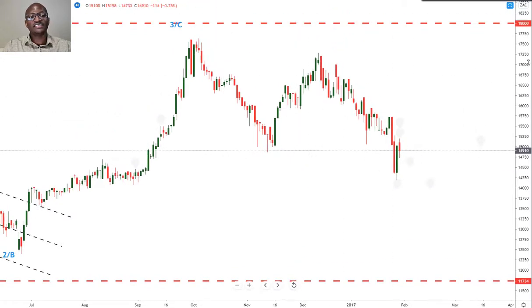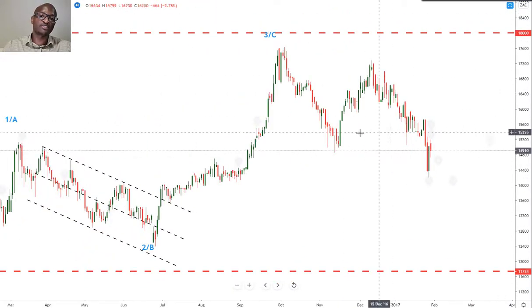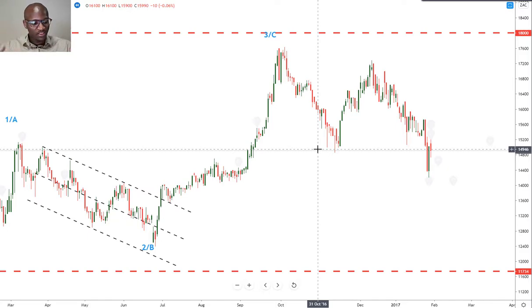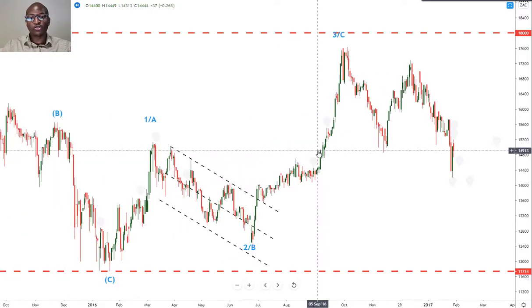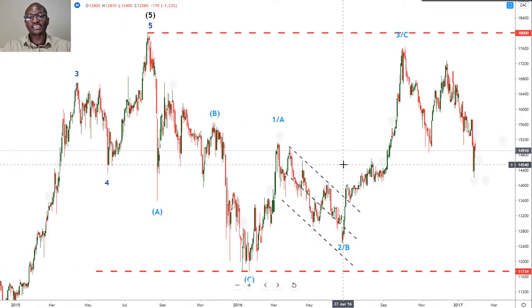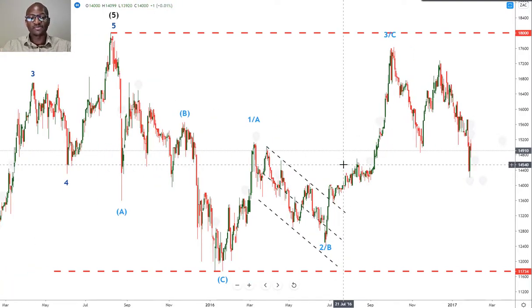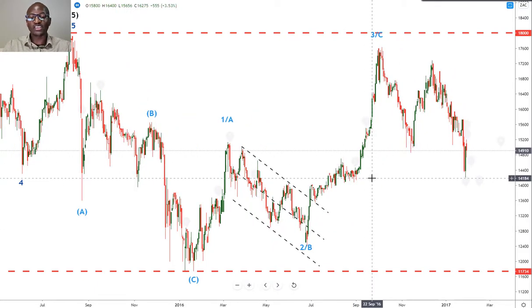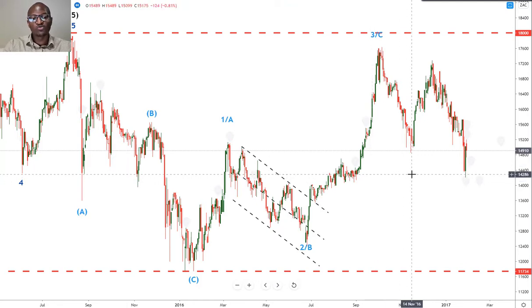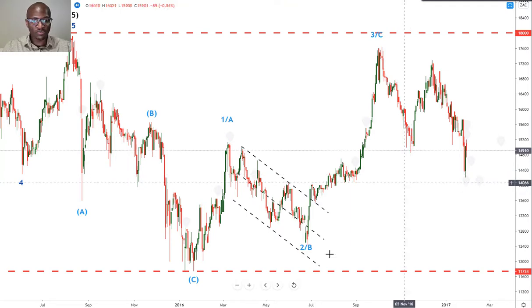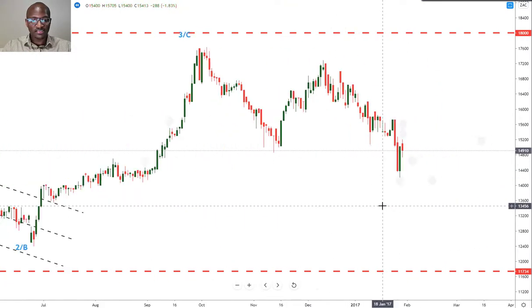Now, this is the issue I have when you look at markets purely from a fundamental perspective. You're just looking at the numbers. You're not looking at how the market is behaving. You're not looking at investor sentiment. You're not looking at how the price has been moving. The numbers don't reveal what's happening in the market all the time, if not most of the time. So if you were to look at buying EOH based on that interview, you would have bought at a horrible, horrible time.